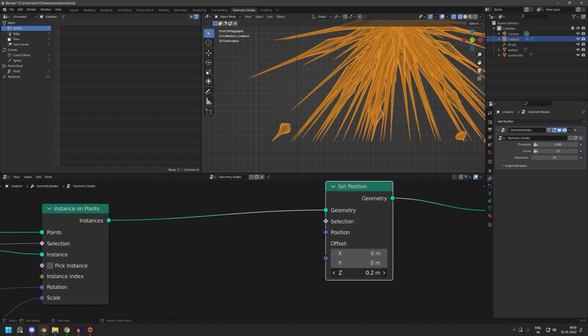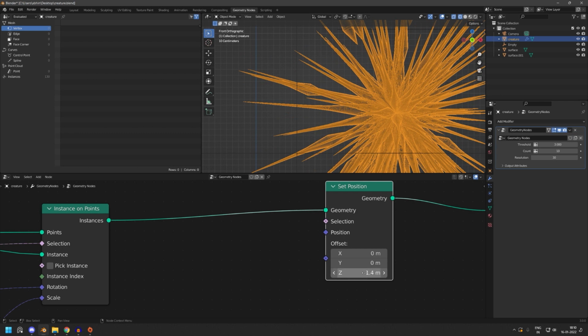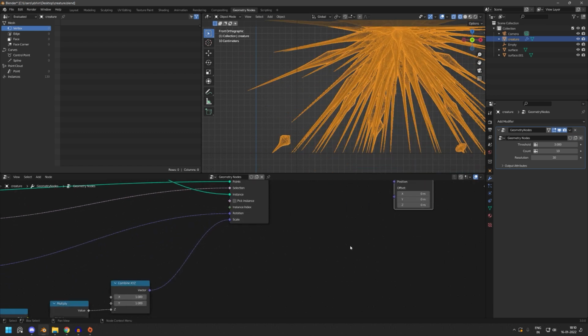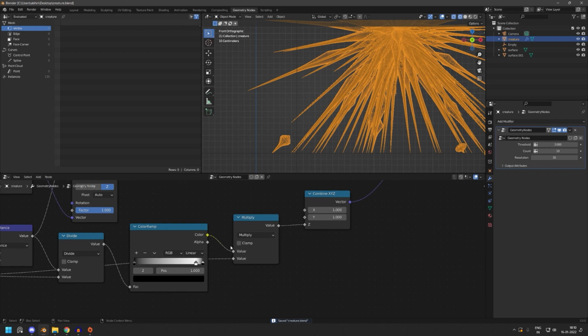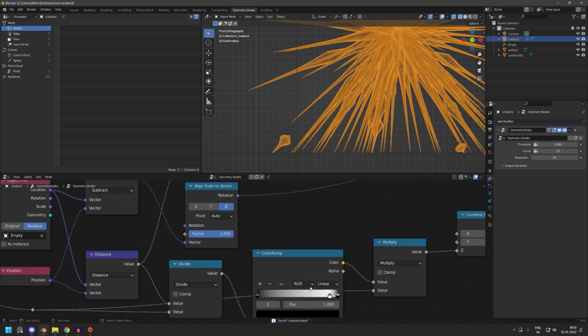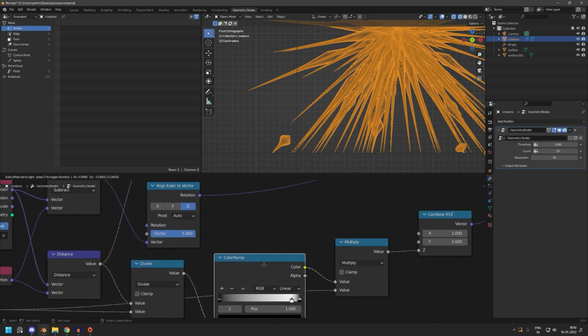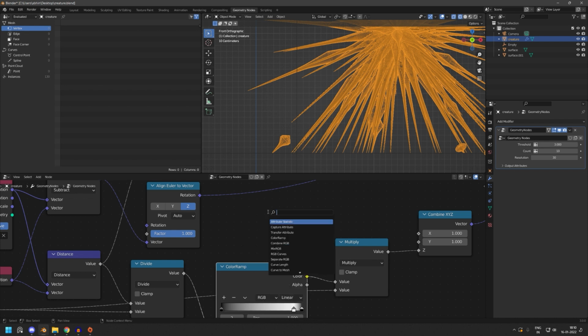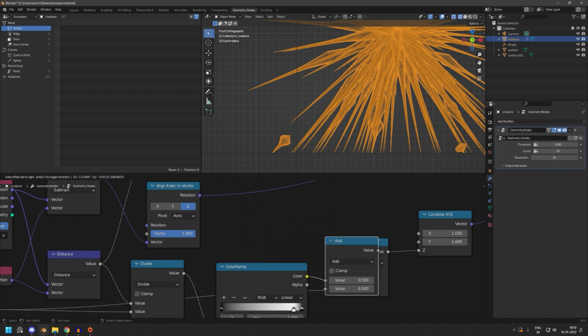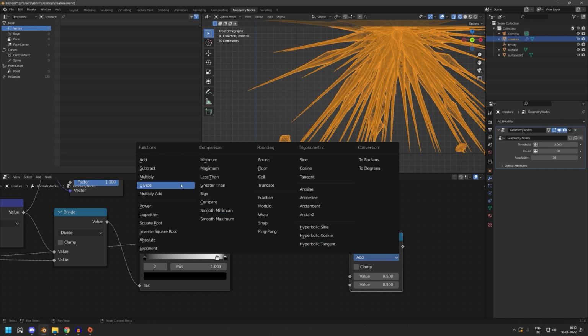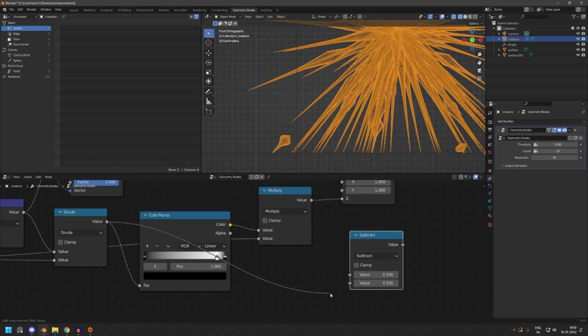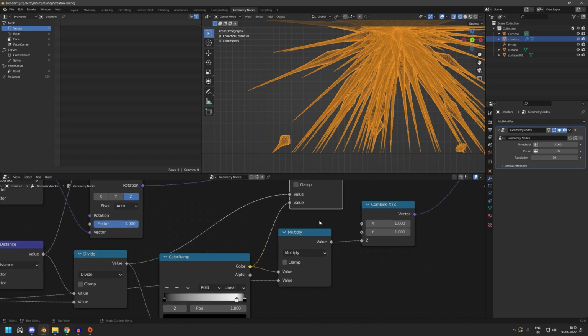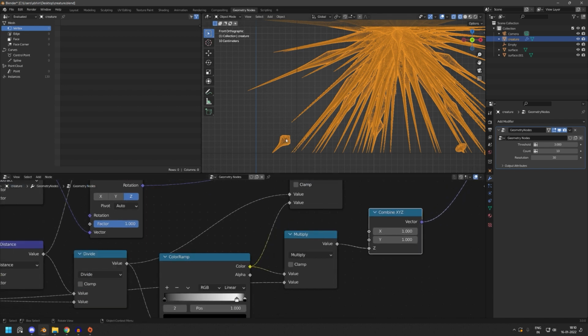So if I move them by 1 and 0, as a whole they move, but if I go back to this node, and I do a, let's say, math, and let's do a subtract, and subtract this and this,